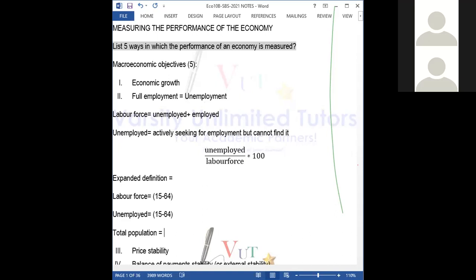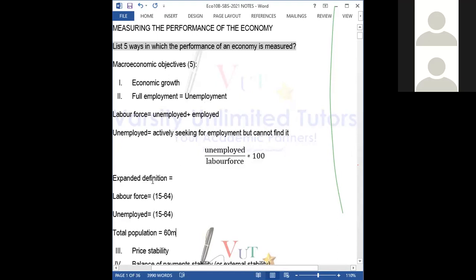Maybe in South Africa there are 60 million people, just as a rough estimate. So everyone that is unemployed between the age range of 15 to 64 divided by the total population, which might be an estimate of 60 million people, times 100 would give us the unemployment rate using the